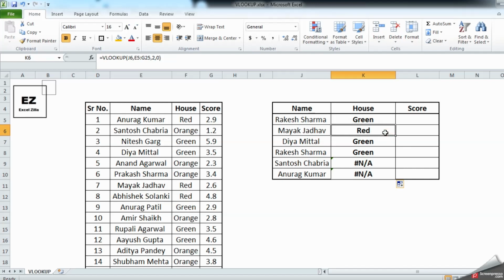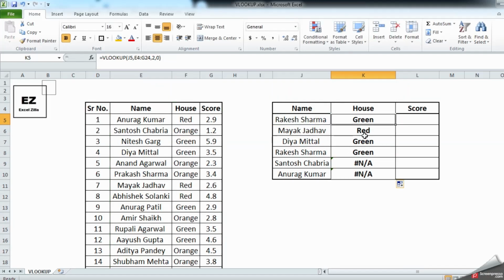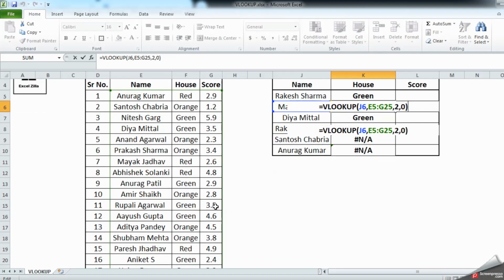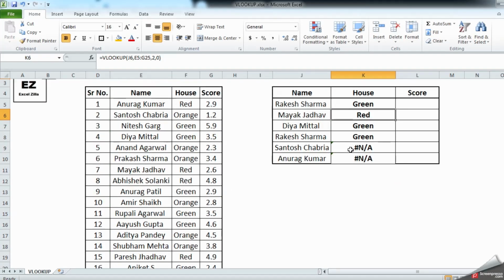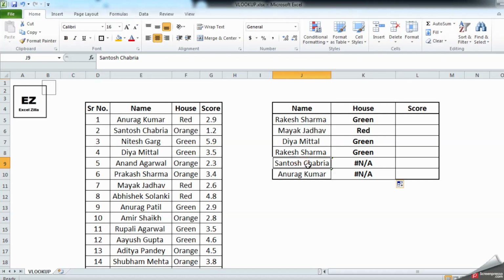As you can see, here we had a range from E4 to G24, which is the right range. But over here it has moved down, E5 to G25 and so on. By the time it reached this cell, this Santosh is no longer in the table. That's why it's showing NA.